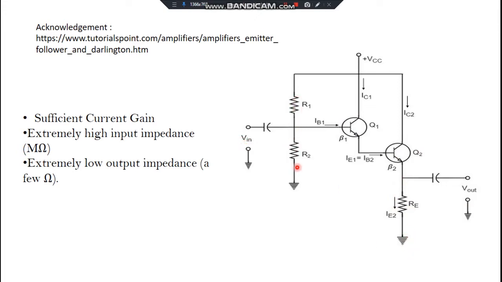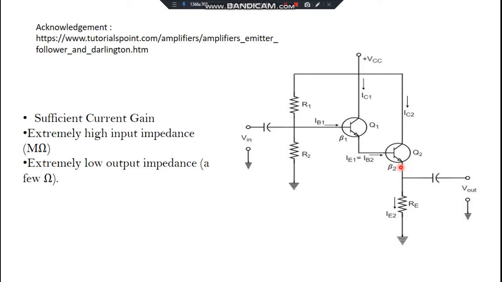A voltage divider bias gives the base input voltage to the first transistor, and most importantly the emitter of transistor 1, that is Q1, is connected to the base of transistor 2, that is Q2, and the effective beta value would be the product of both the betas, that is beta 1 into beta 2.